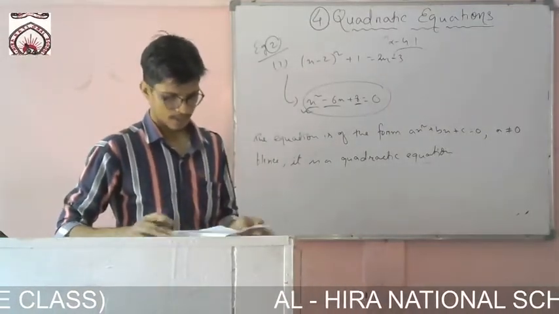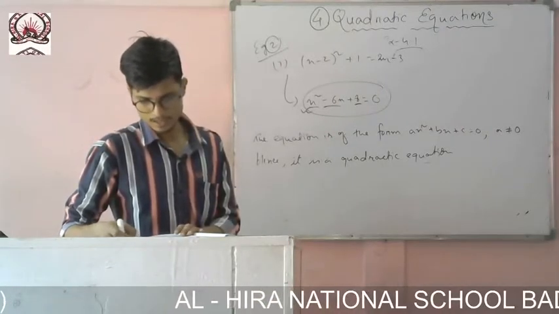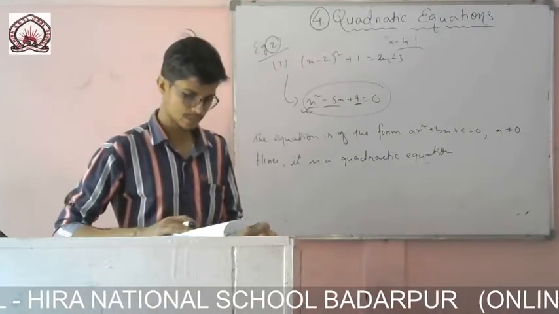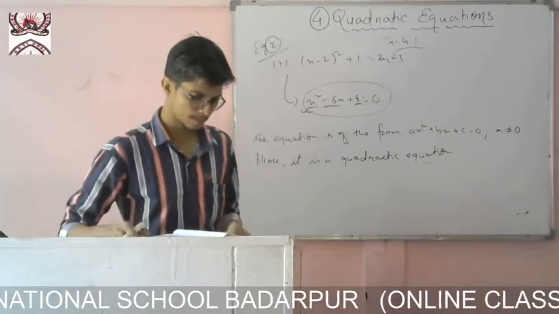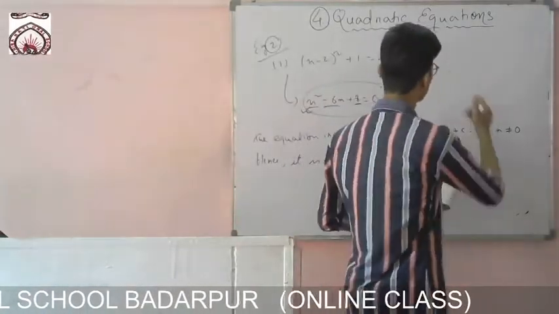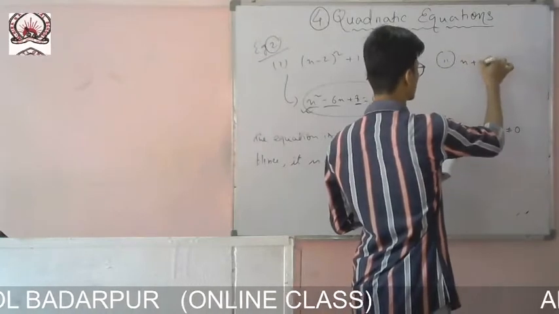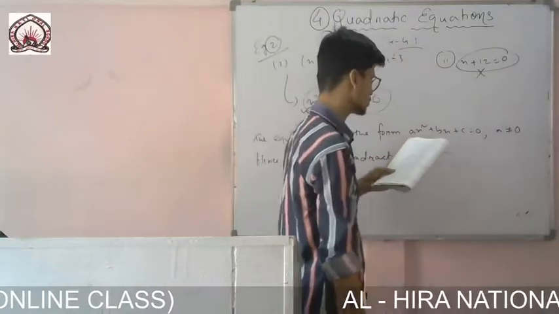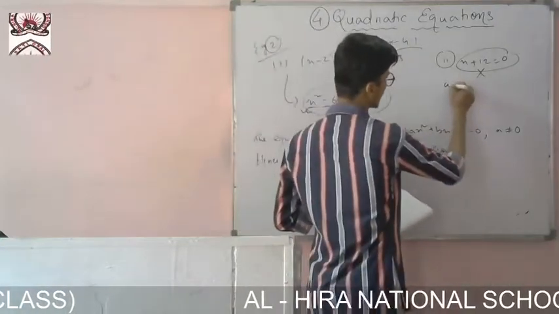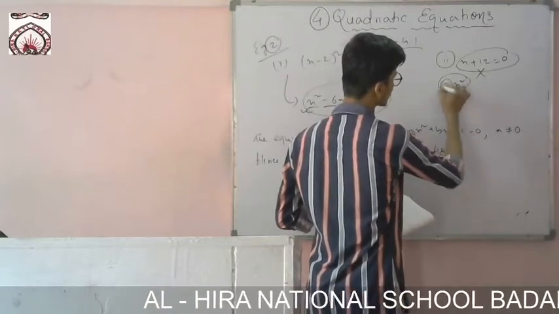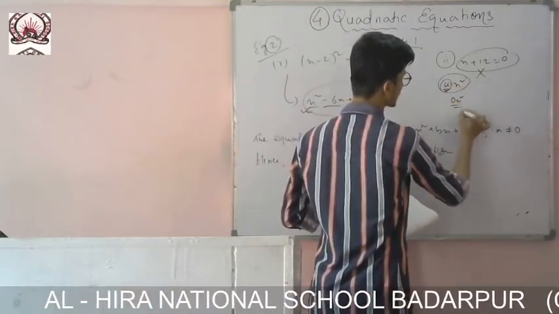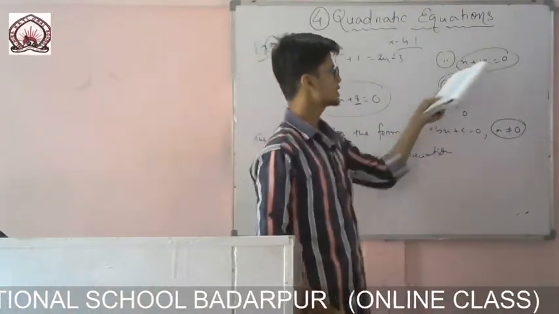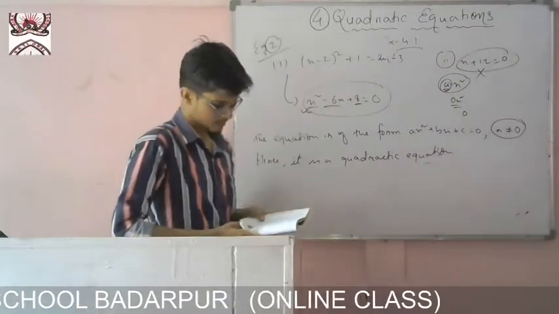See the next one. Next one also it is given, x into x plus 1 plus 8 equals x plus 2 into x minus 2. After solving, what answer came? For Roman number 2 the answer came x plus 12 equals 0. So is it a quadratic equation? No, it is not a quadratic equation, because it is not of the form ax square plus bx plus c. Here x square is not there, here a is equal to 0, that's why this part is missing. That means for it to be a quadratic equation, a should not be equal to 0.